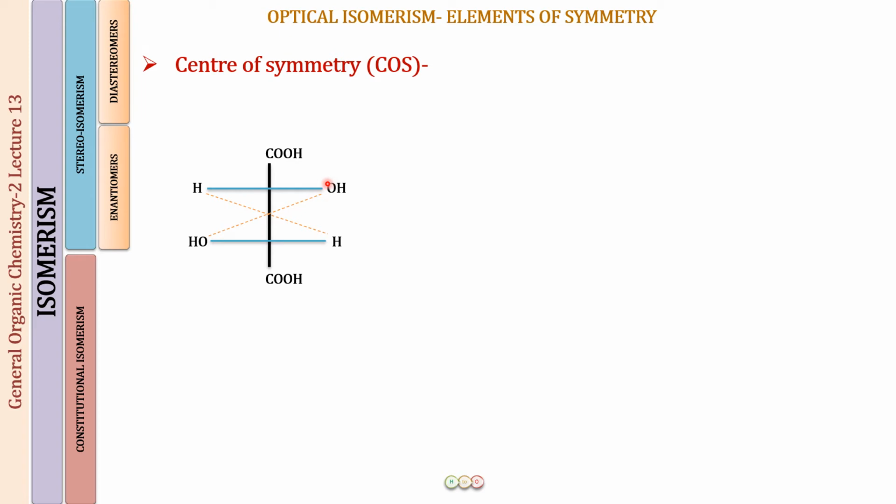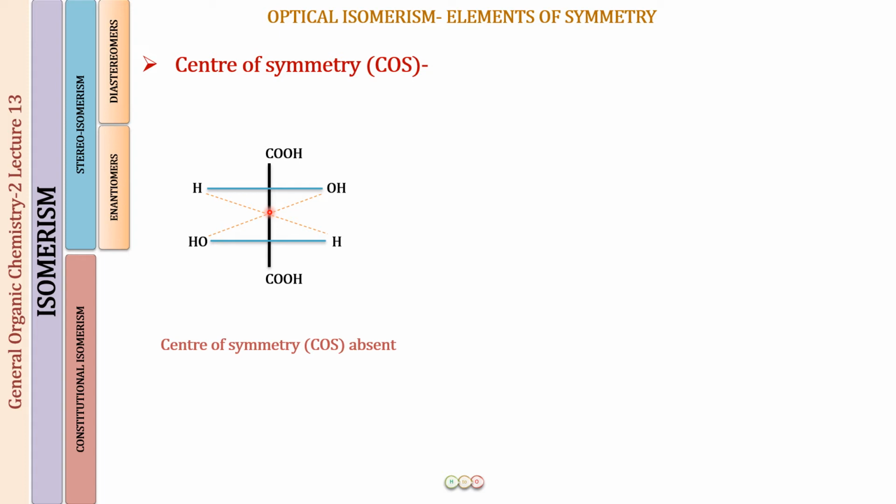If we draw a mirror image compound for this, and I hope you all can do that, I'm not going to do that now, and try to superimpose those two, they will not be superimposable on each other. And the two compounds will be called enantiomers of each other. Fine. So now, why does this molecule seem to have a center of symmetry? Well, this molecule does not have a center of symmetry, and as it is a Fischer projection, you will be falsely understanding that it has a center of symmetry. I'm going to show you the model for the compound now so that you understand this molecule does not have a center of symmetry.